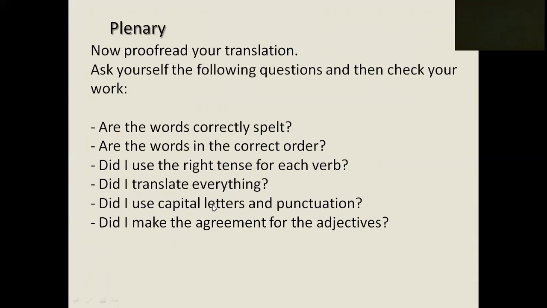Make sure you've used capital letters at the start of sentences and punctuation. And also ask yourself, did I make the agreement for the adjectives? You've got 5 minutes to go through your translation and check all of this. Once you're done, hand in your work